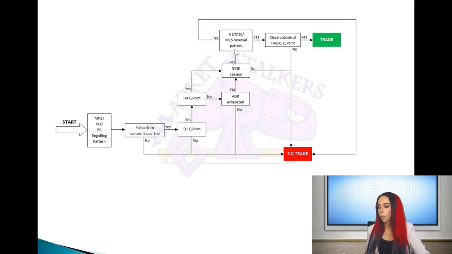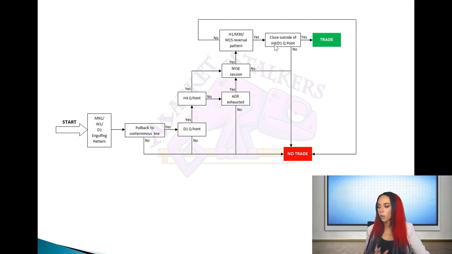You can then drop down to an even lower time frame and wait until a strong reversal pattern appears. If you do get a strong reversal pattern, you then also need to ensure that the pattern closes outside of the 4-hour Q point at the very least, and eventually outside of a daily Q point too. If you're trading from an exceptionally small time frame and you see a very strong reversal pattern, but the price doesn't yet close outside of a 4-hour or a daily Q point, you can still attempt to trade, but then